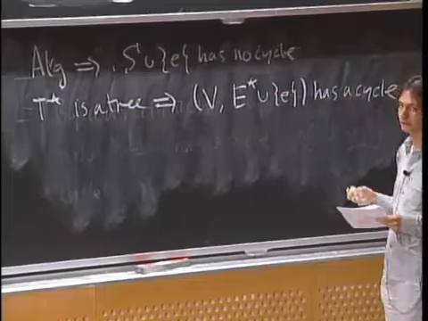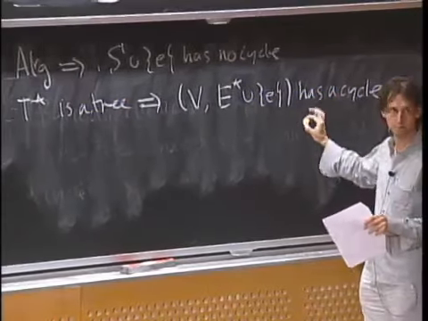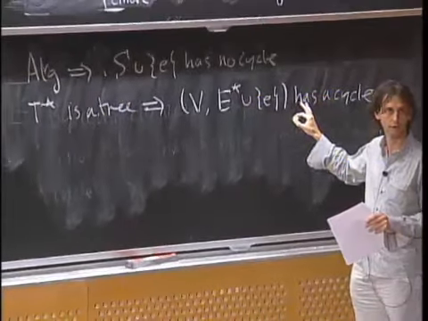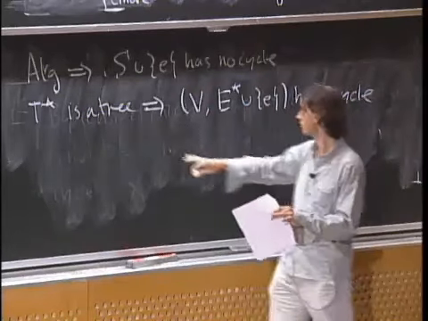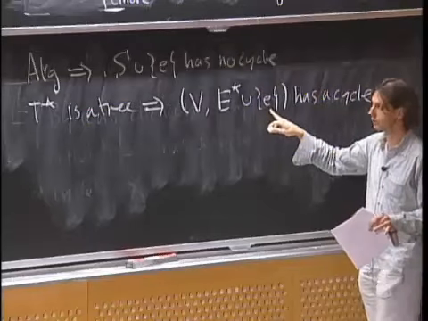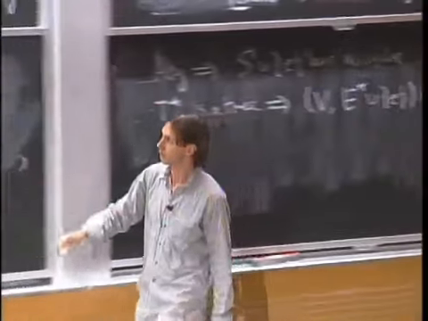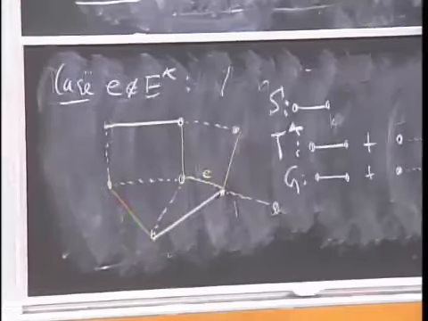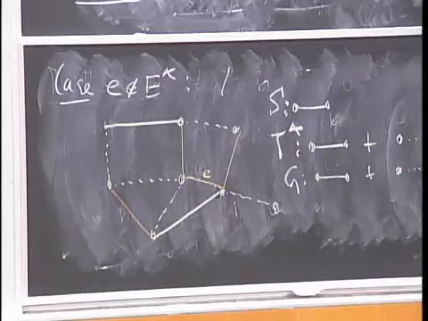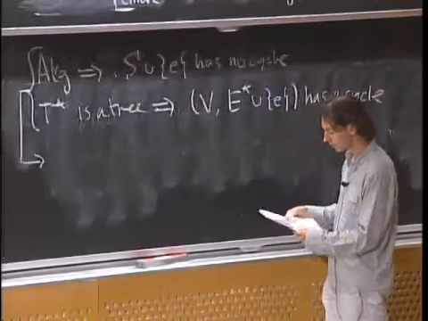Now, this property I will not prove right now, but it is pretty straightforward. It's a one-line proof actually in the book, so you can look it up. It simply states that if you have a tree and we add another edge, an edge that is not contained in E star, then we will create a cycle. So now we can combine these two statements together and conclude that,